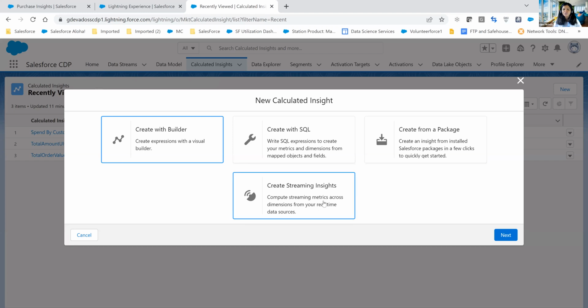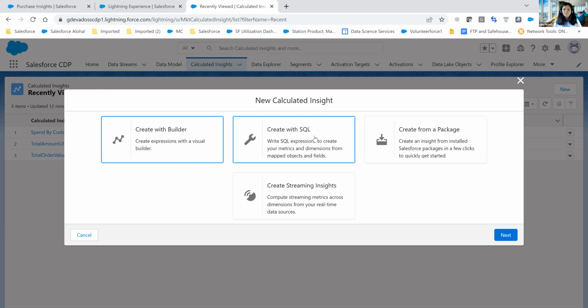Or you can create streaming insights. Streaming insights are created when you want to work against near real-time data, like engagement metrics coming in from a mobile app, or website behavior coming in. You would work on that near real-time data using streaming insights.